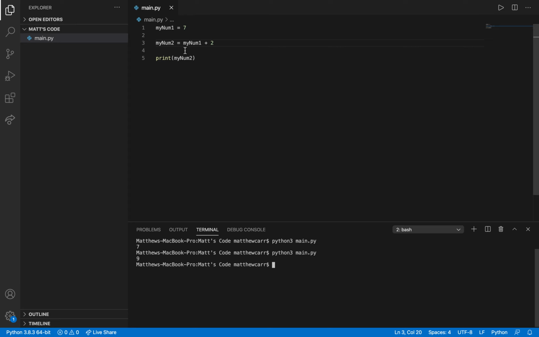You might think, well, Matthew, why don't we just say mynum1 is equal to 7 plus 2? Well, maybe in your program you don't want to lose track of mynum1's value of 7. So that's one case.